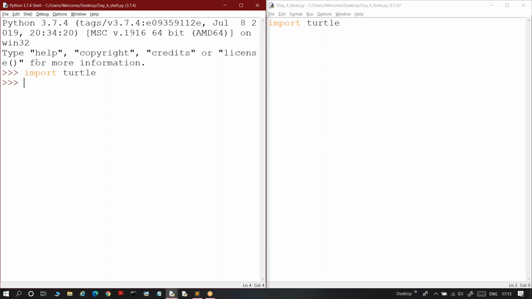If Python returns us a new command line, we can easily understand that Python has imported the module, that is turtle. So if we see the turtle, T is very case sensitive. If we use import, I'm using capital T over here,